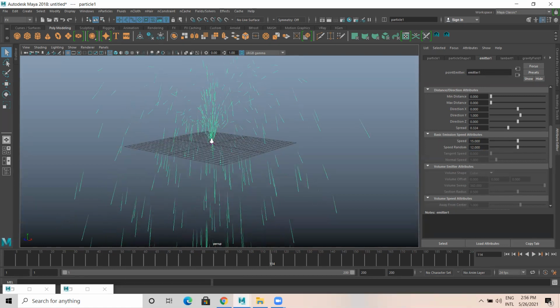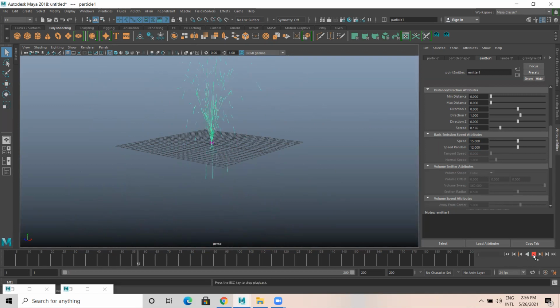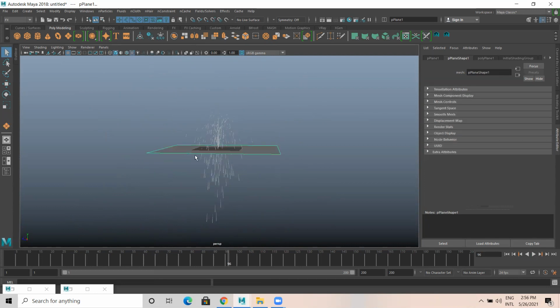So the spread seems to be more for me. So I reduce the spread. Then if I see this, I'm having an output like this. Great. So this is looking good for me. So then what I'll do, I'll create a plane. I create one plane like this. Okay. Then what I do,